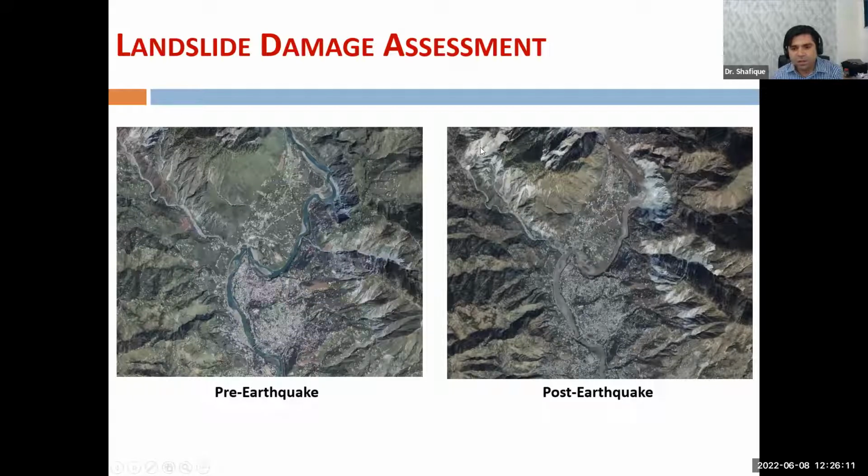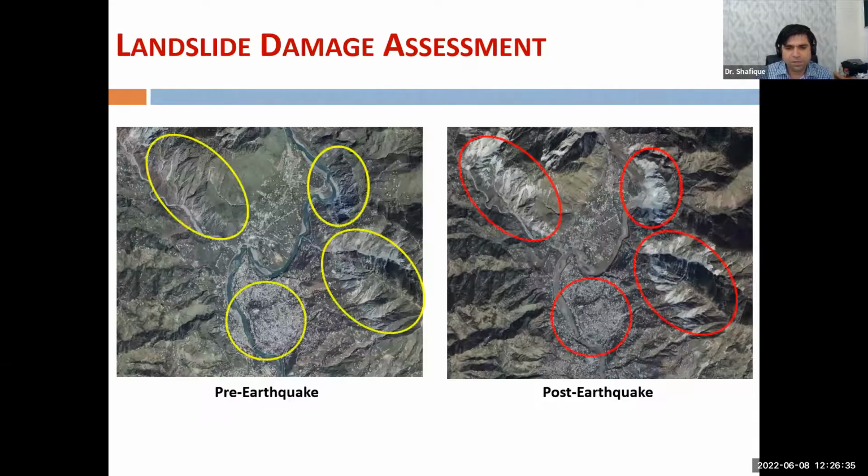Similarly, this was also triggered by the earthquake. These images are from remote sensing, and these are free images which are available after any event, right? And you can see the impact is very clear. These are the areas which are highly impacted because of this event, and we can see them very easily on